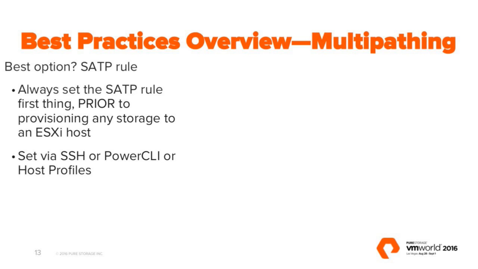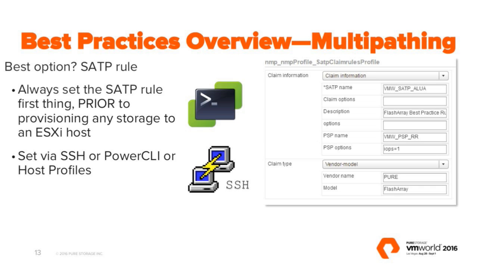So I'm going to stop at the multipathing best practice overview because I only got 12 minutes. So the best option: set the SATP rule. Always set the SATP rule first thing prior to provisioning any storage to an ESXi host. We all know what an SATP rule is. You can set it either via SSH, PowerCLI, or through the web client. And you can script it for all your servers